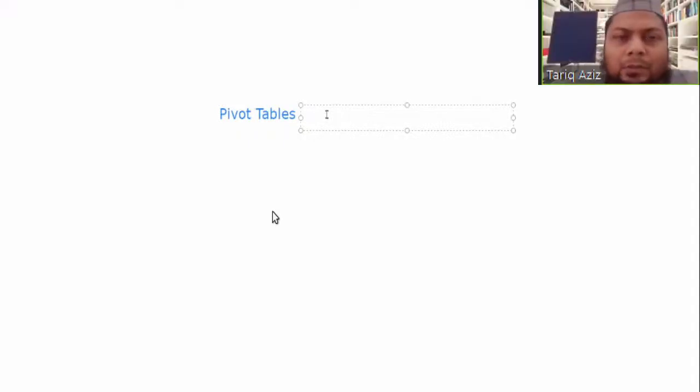Data in useful format. So basically, the pivot table feature is used for tabulation of data. Pivot tables are used for tabulation of data, and if the data is in the raw form, which is structured in the form of rows and columns,